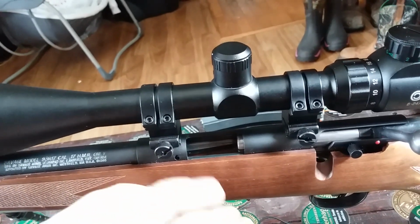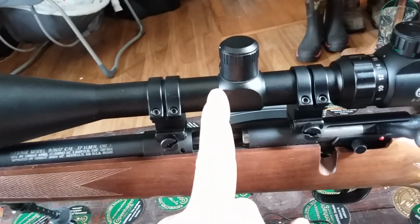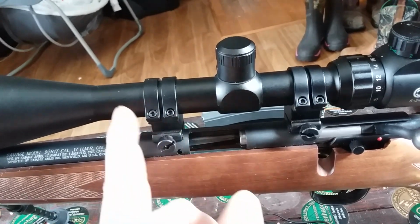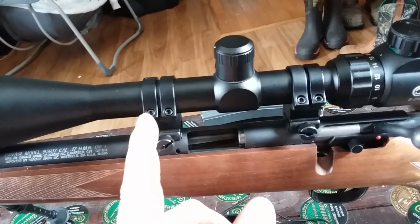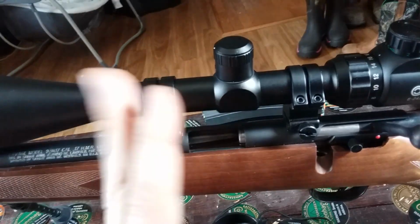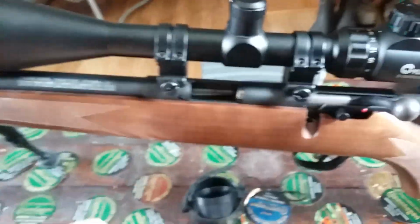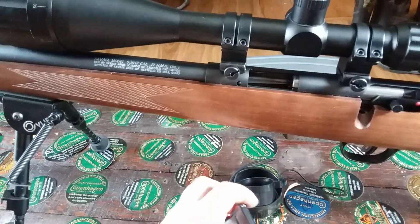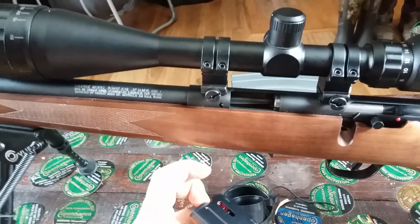Whereas if you have a one piece, if this part isn't true, then it's going to throw off this side, or if this side's not true, it's going to throw off over here a little bit as opposed to over here. So I like this a lot better, and so far it's worked out pretty good as far as accuracy goes. I was able to nail